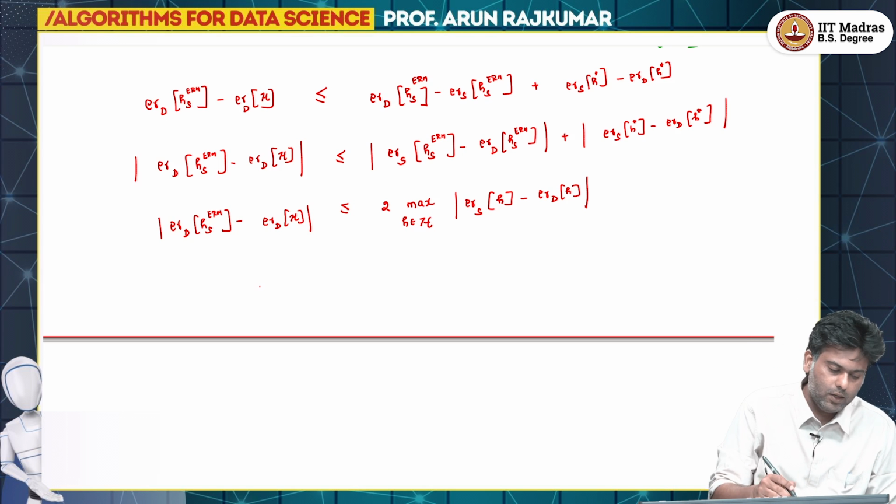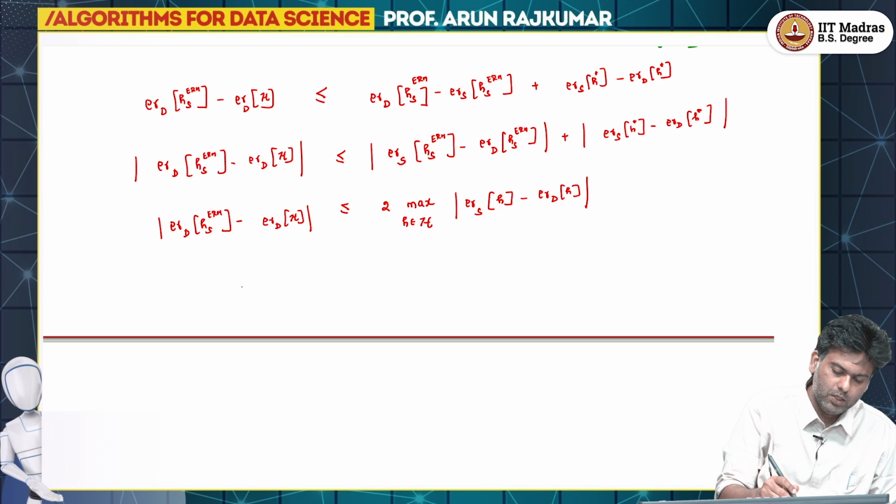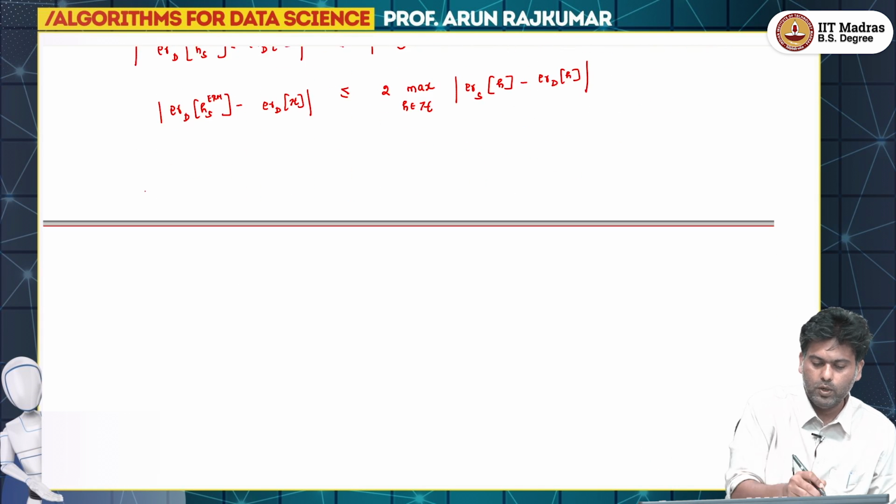Which means that, think of this as event A and this as event B. If A is less than B, then the probability of A is less than or equal to the probability of B, which means that, maybe I will write it in the next page. So, this implies the probability of